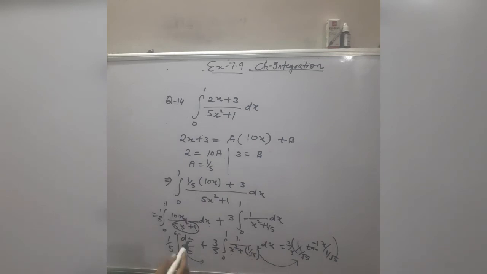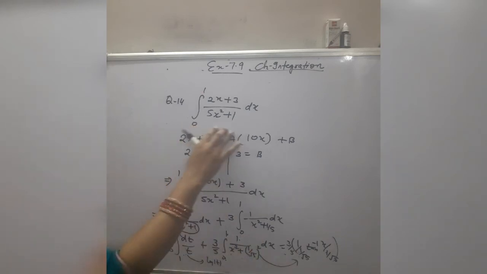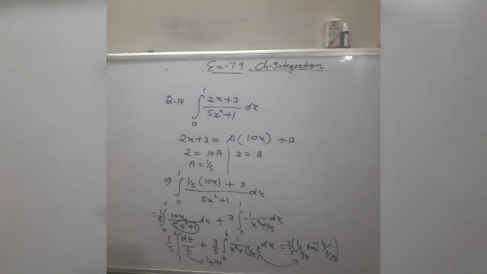For the integration of the first part, 1 by t, you will take it as log t. After that you will put the upper and lower limits; in this case, according to the x variable, meaning 0 and 1. After that you will take the result of these two integrations together. It will give you the overall answer of the given question.